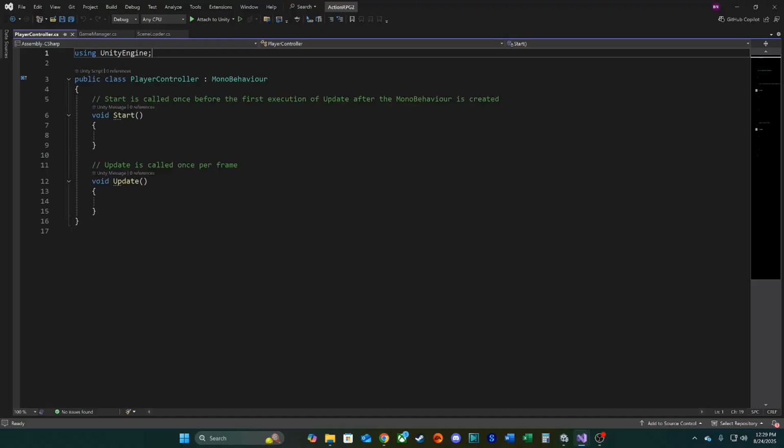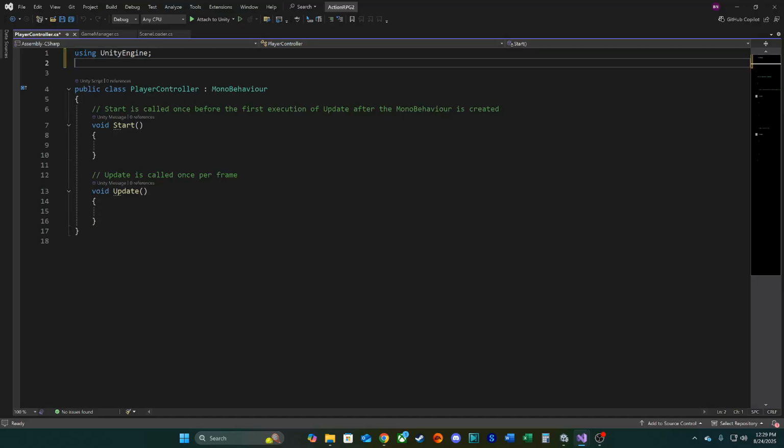This is a game design, game programming class kind of thing. So some of this stuff is pretty self-explanatory, I'll admit, but some of it can get complicated. So again, I'll try to explain some things, but for the most part, ideally you'd like to have some programming knowledge. With that being said, what we're gonna do up here where it says using, we're gonna add another using,